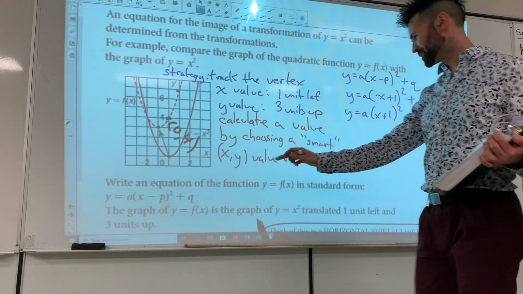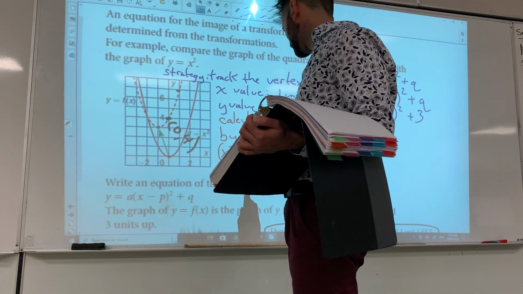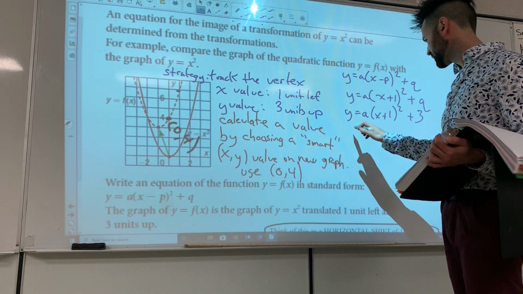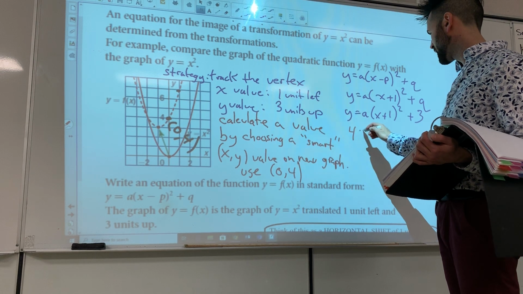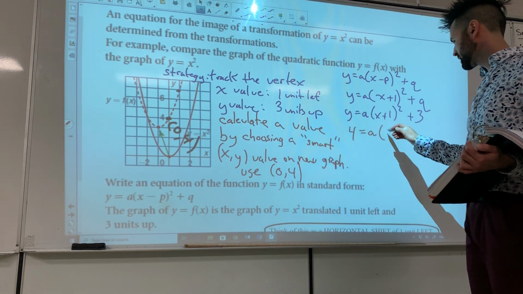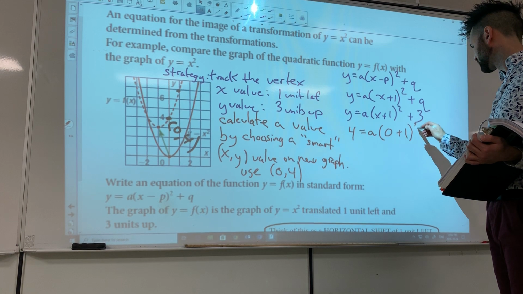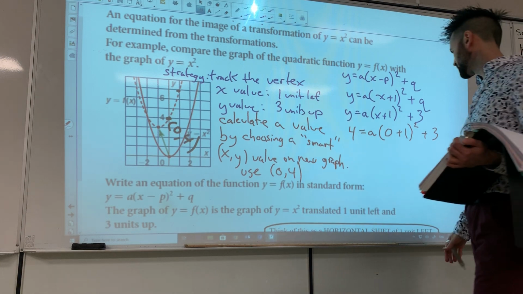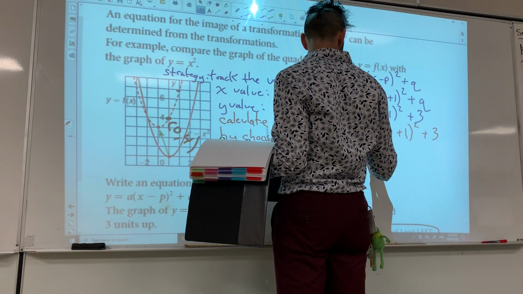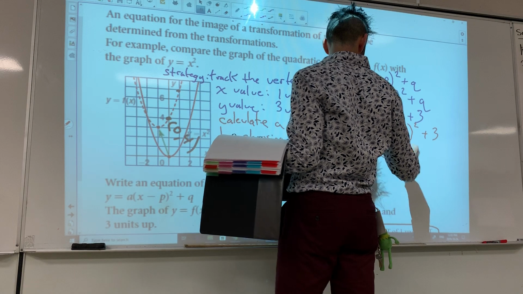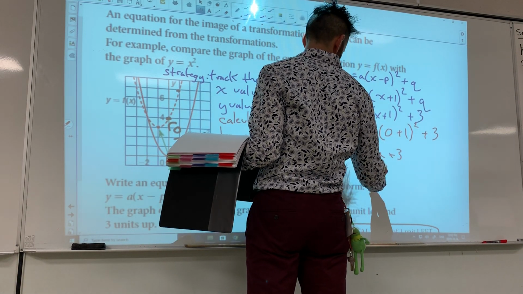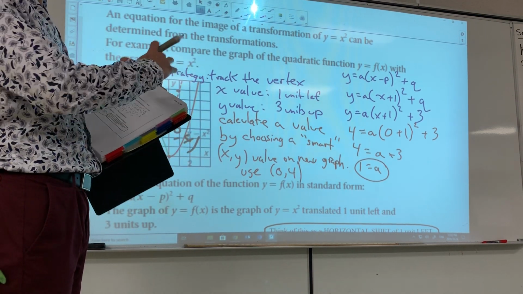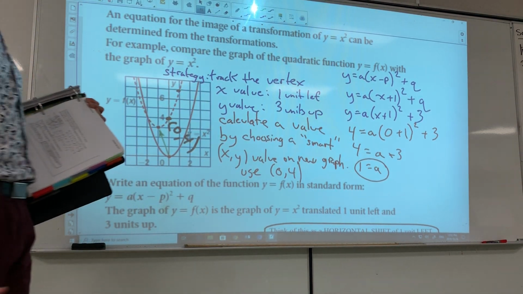So in this case, I'm going to use 0, 4. Okay, I'm going to pop it in here. So 4 for y, a, x is 0, and then I'm going to solve for a. So 0 plus 1 squared is 1, so I get 1 times a, so I get 4 equals a plus 3. I'm going to subtract 3 from both sides, and in this case I get a equals 1, which means that there's no compressions or stretches, okay? So my final equation,